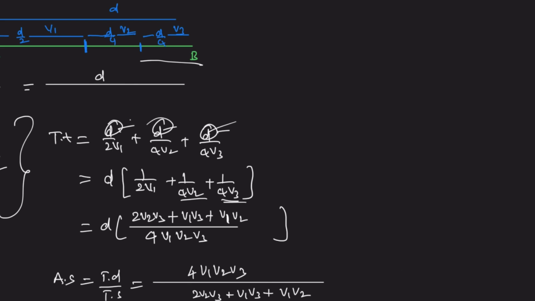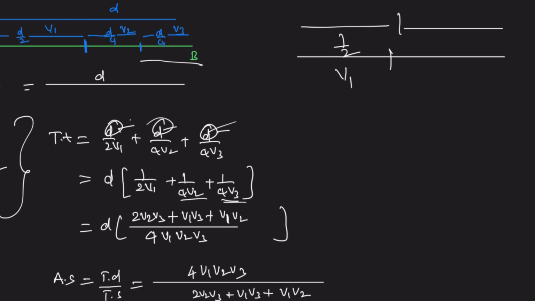So how do you solve this problem? First, look here, suppose the total distance is assumed as 1. So half distance, that means 1 by 2, it covers with the speed V1 from the data. The remaining half of half, that is 1 by 4, with speed V2. So the remaining half of V3. Now what is the formula for average speed? Total distance. So what is the total distance here? 1 by,